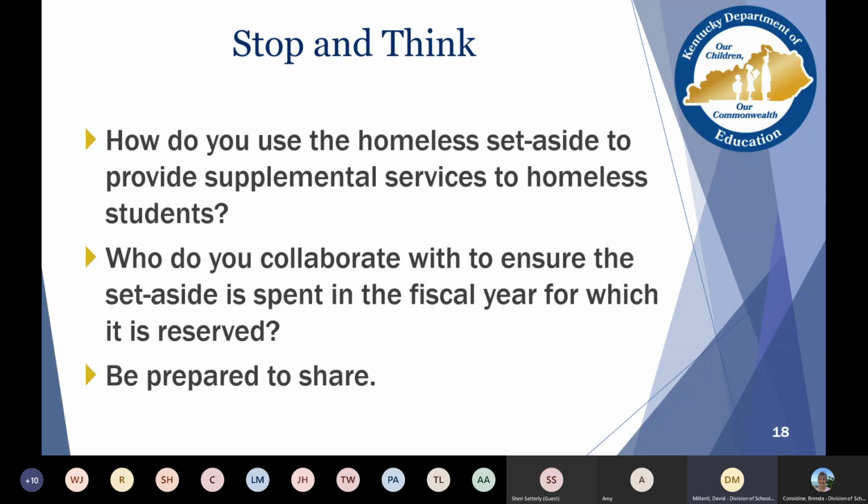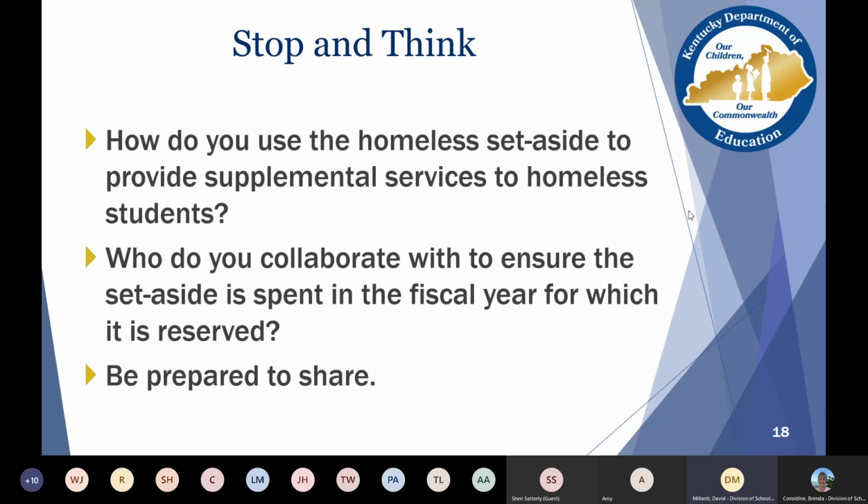Maybe no parents, or they've been kicked out of the home and they're living place to place every night, or they could be living on their own somewhere. So, just making people aware, even at the school level with principals and youth services centers, that those funds are available and are to be spent in the current fiscal year for homeless student services. I think that is really important.